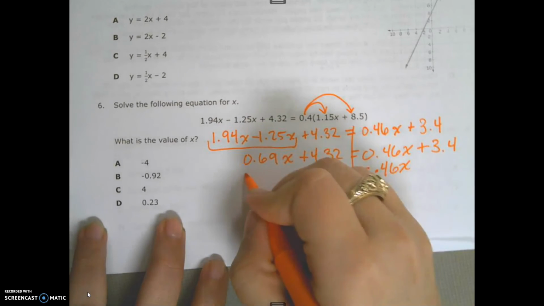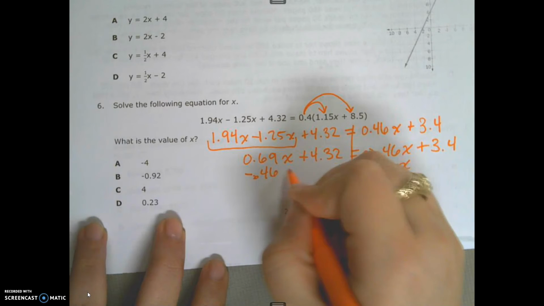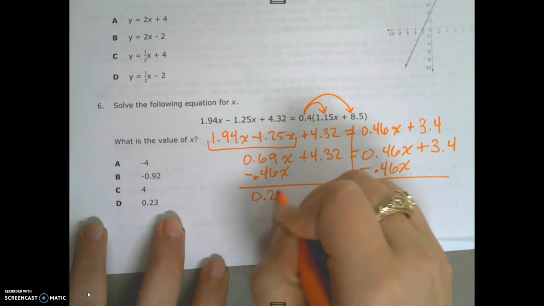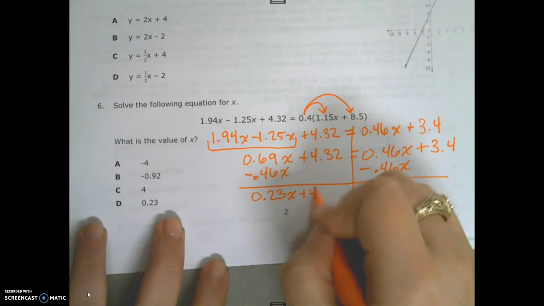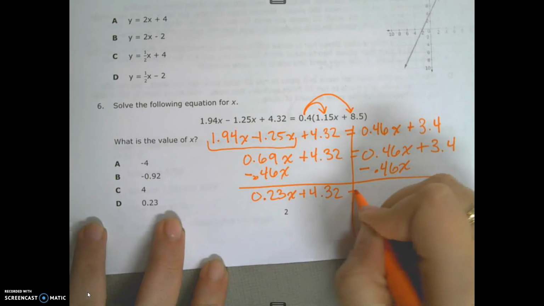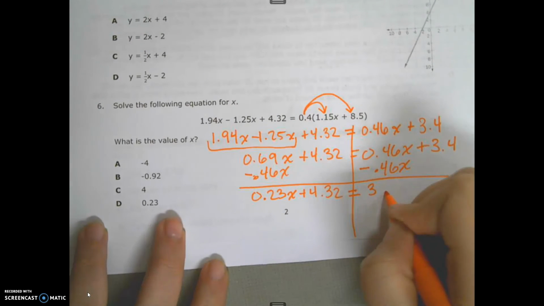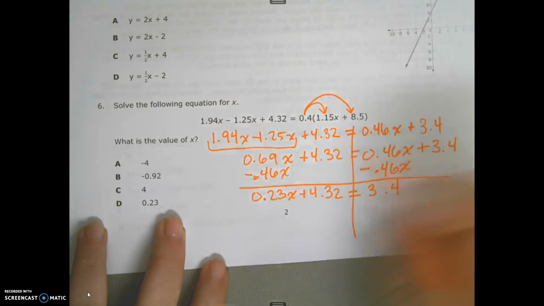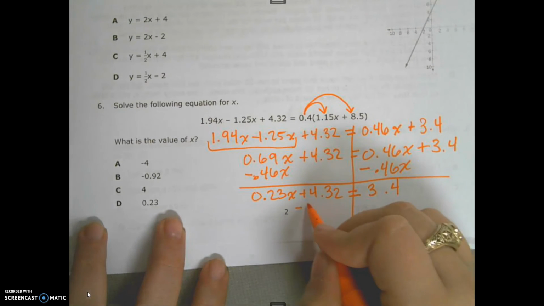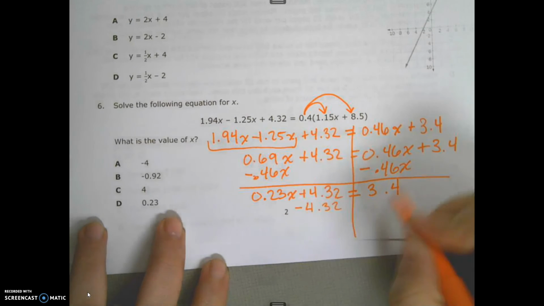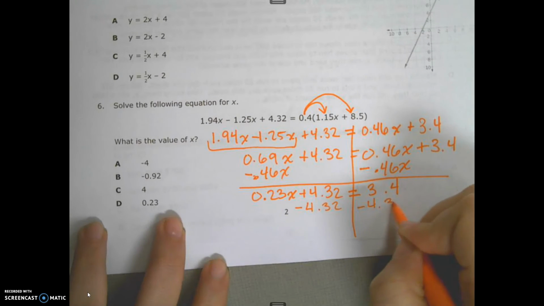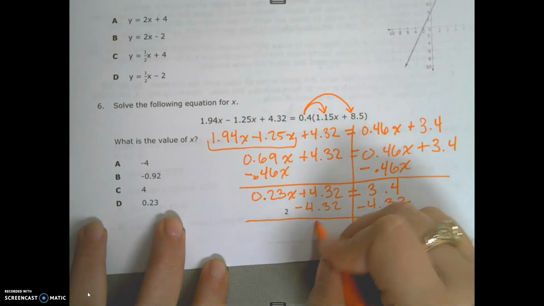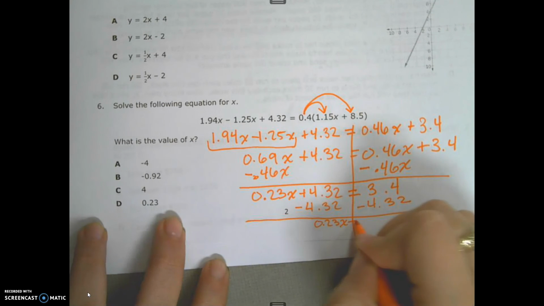Draw this so I know I'm doing it from both sides. And that'll give me 23/100ths x plus 4 and 32/100ths equals 3 and 4/10. Now I need to get my x alone, so I have to get rid of my positive 4 and 32/100ths with a negative 4 and 32/100ths. And that gets me 23/100ths x equals,